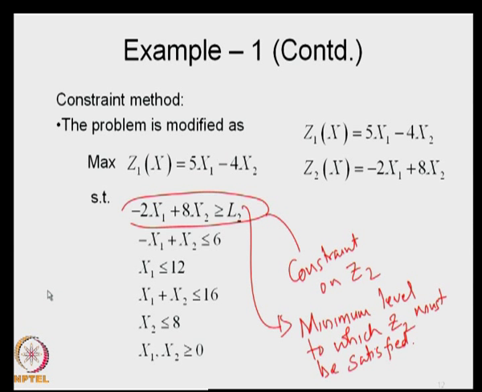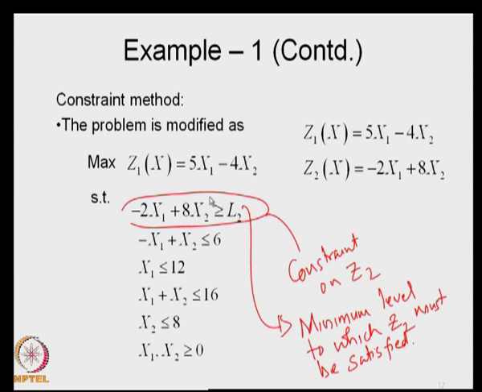Physically, what does it mean? Let us say that in our example, Z1(x) is in some sense related to gravity irrigation and Z2(x) deals with the lift irrigation. So, we are saying that my lift irrigation objective function must be at least L2, and then given that it is at least L2, you maximize the gravity irrigation. Let us say drinking water, you want to meet the drinking water quantity at least to a given level L2, and then you maximize irrigation like this.